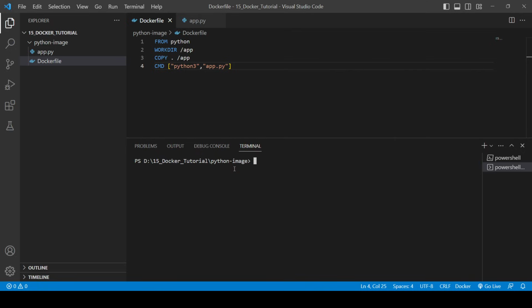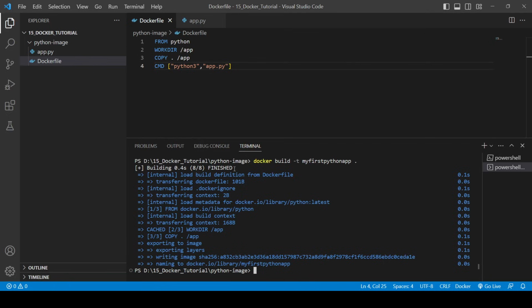And for building the image, the command which we use is docker build, and one hyphen t flag is used to define some kind of tag. The default tag which you get is the latest. So here you can define any tag, suppose like my first Python app, and that also should be only in lowercase. You cannot give a combination of uppercase and lowercase in the tag name. Okay, and then dot will be used to get the Dockerfile and create the image from that. Okay, just hit enter,